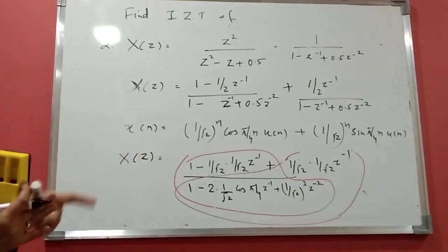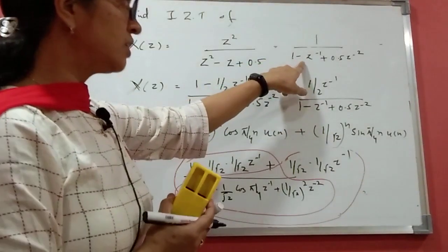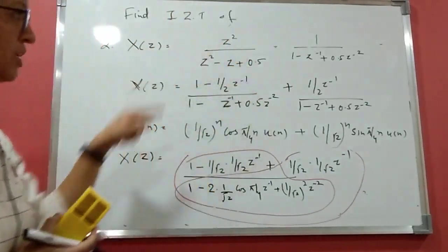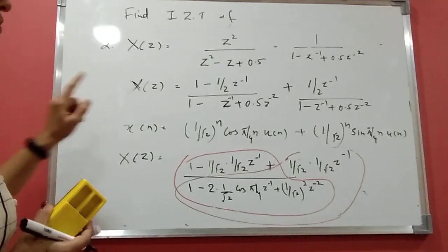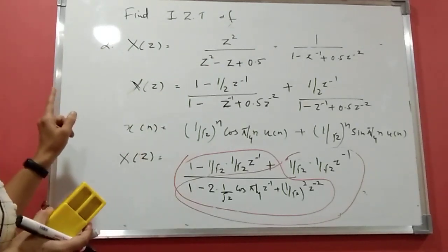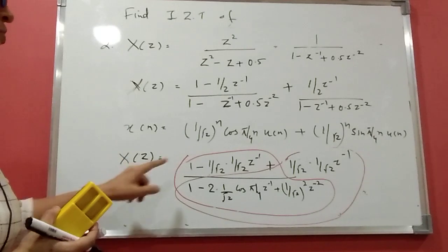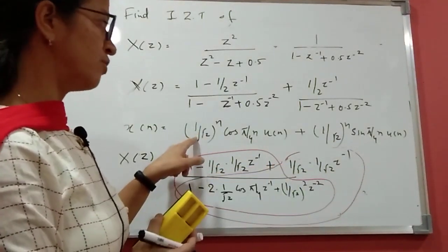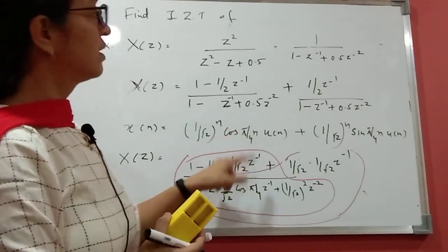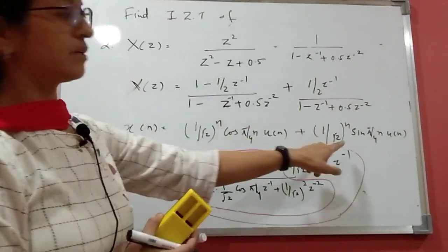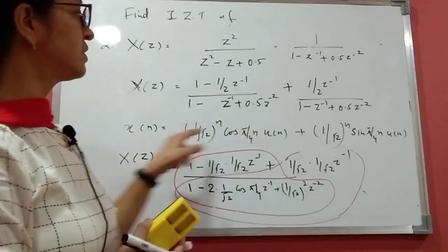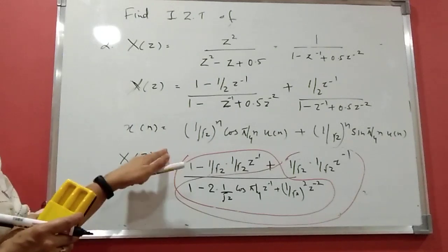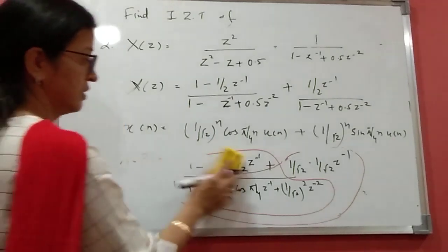We have done just two steps here. I am repeating the steps: as we see that the roots of the denominator are imaginary, we do not find the factors; we compare it with the z transform of cos and sin. We arranged it that way, found the value of A and the value of omega naught, and from that we wrote the inverse Z transform, with ROC mod Z greater than A. So this is the final answer.